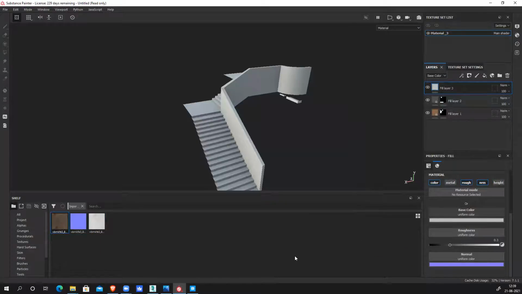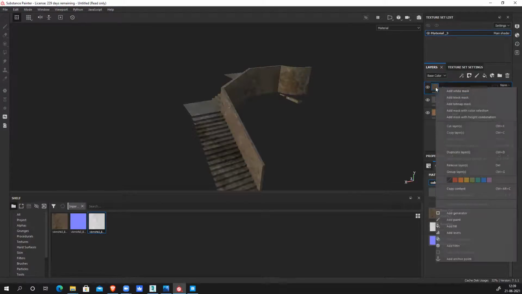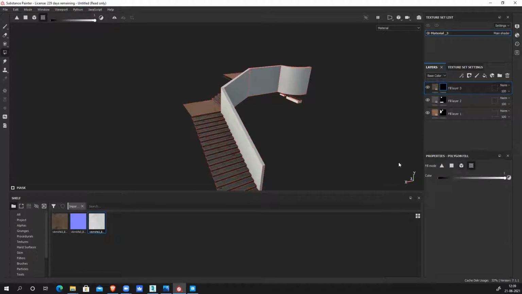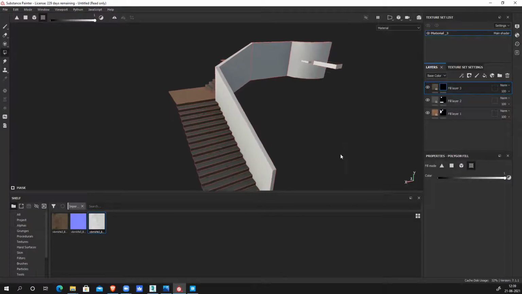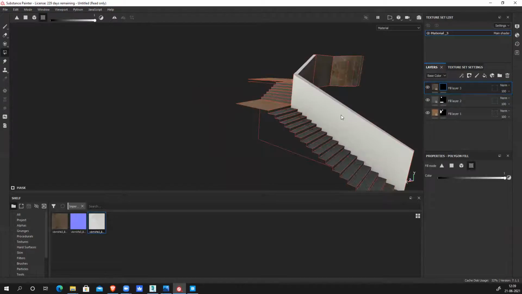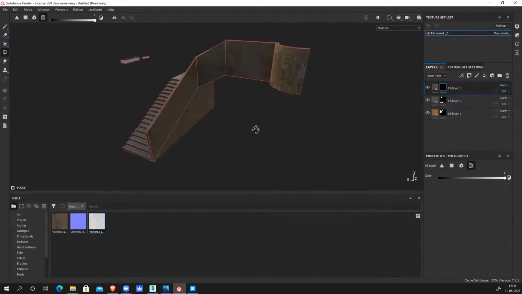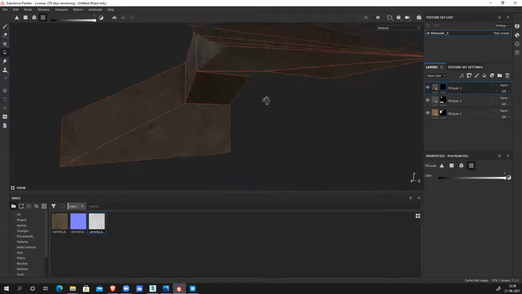Color to color. Normal to normal. Roughness to roughness. Right click, black mask. So I have applied the texture to this also.